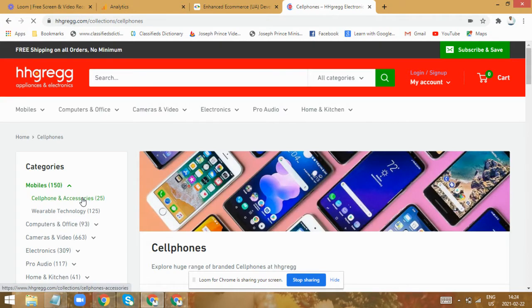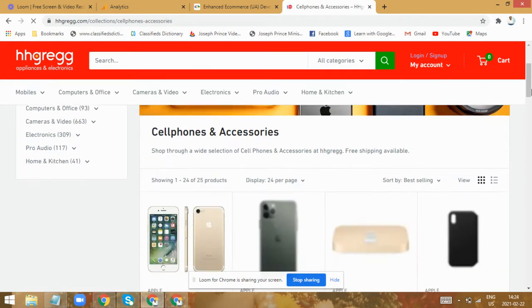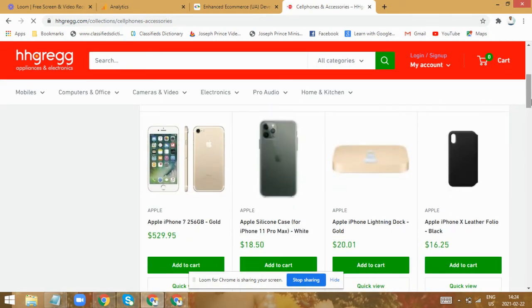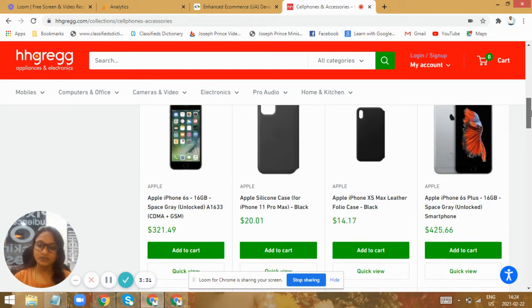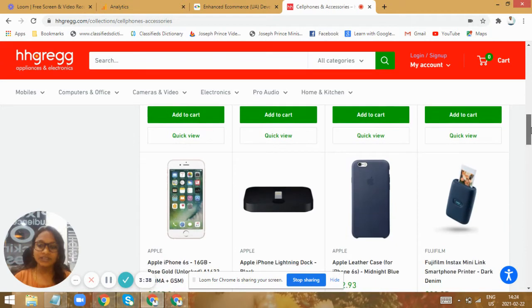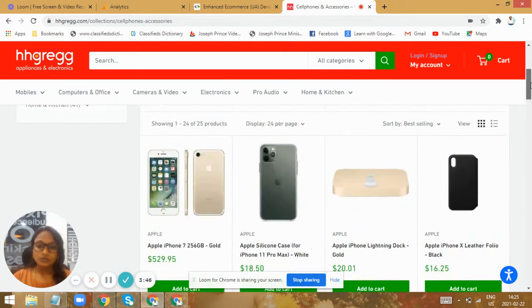So this is a product category page. Many of us would be facing a challenge of knowing what are the products being clicked by the users mostly, and what are the products which are being viewed by the users, and which are the products which are having more number of clicks, and which are the products which are purchased the most. So this data would be very useful for the enterprise level clients, so that they can improve the marketing strategies upon the particular products. So for that, we need to implement the enhanced e-commerce tracking.